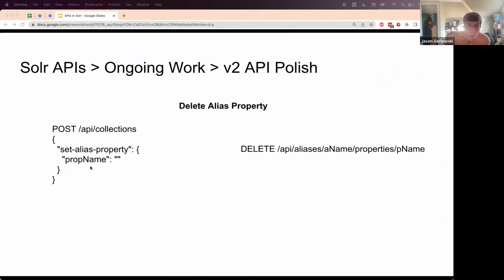So the reason I wanted to show this is that there's nothing wrong with the left-hand version. I think it's pretty clear what it does. If you see set alias property, and you see it's setting it to an empty string, most people would probably get that that means deletion. So it's clear, but it's maybe not intuitive. If you were sitting down to run a curl command, you probably wouldn't just guess that this was the